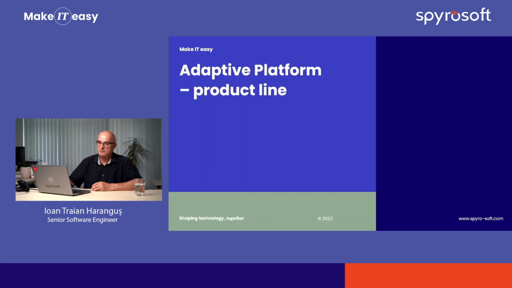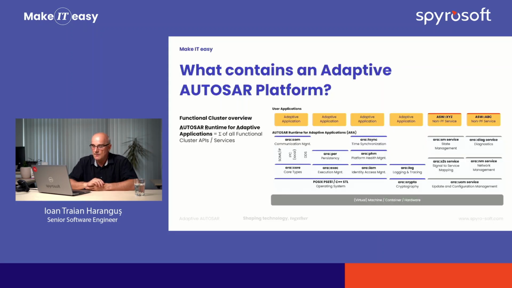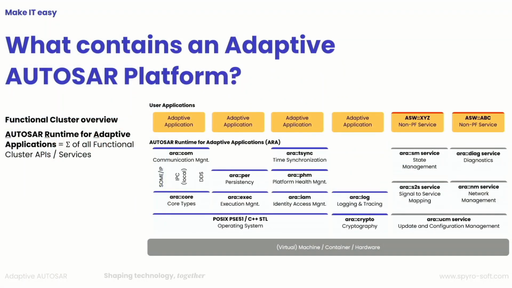Then let's talk about what is inside an adaptive platform product line. Here we could see the upper layer where we have the adaptive applications, which are using some APIs provided by platform foundation functional clusters. The platform foundation functional clusters are on the left side, colored in blue, and the functional clusters in gray are platform service functional clusters. Let's talk about the functionality of each functional cluster. Below we could have a virtual machine, some containers or hardware, and of course